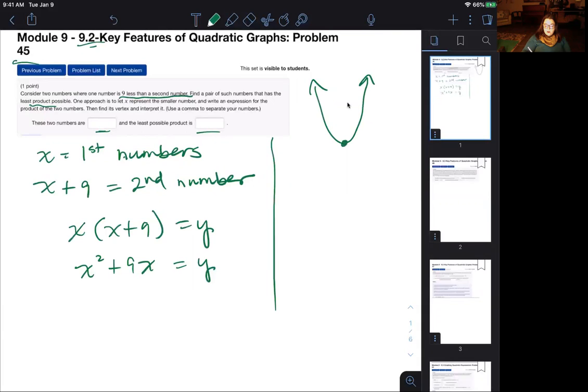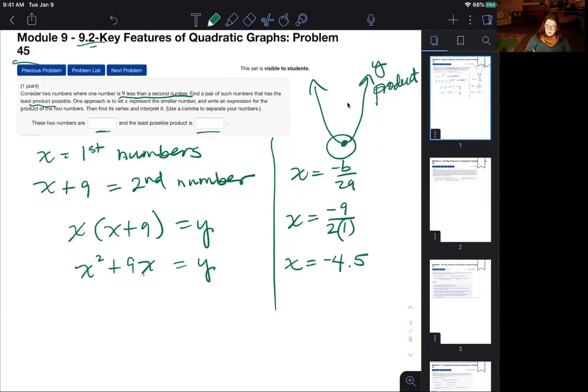And when we're talking about the vertex, it's going to give us all the different possibilities of numbers that are going to multiply together. So the y values are going to be the products of the two values. If we're going to find the least possible product, we're going to find the vertex. And to find the vertex, we've learned that x equals negative b over 2a. So x will equal negative b, which is negative 9, over 2 times a, which is 2 times 1. So x equals negative